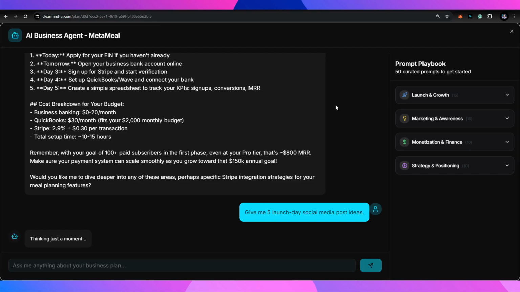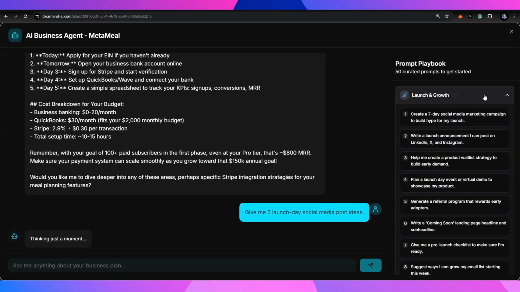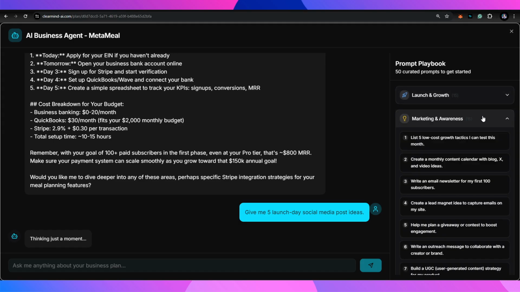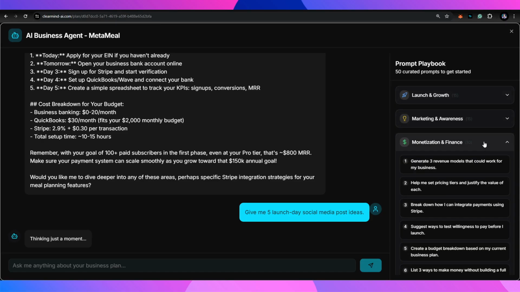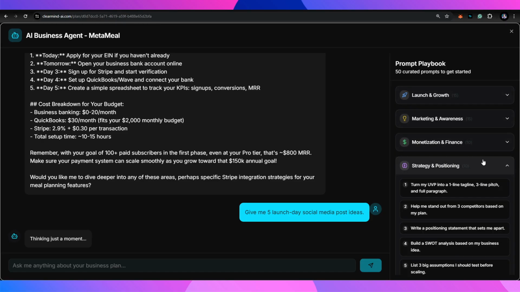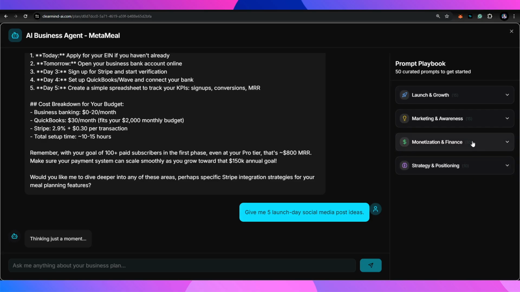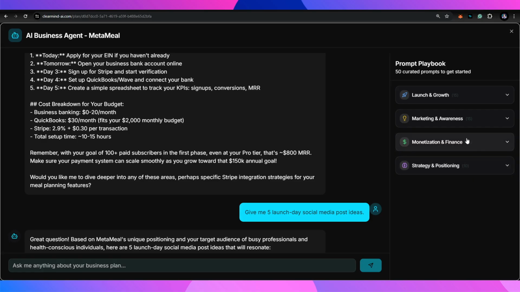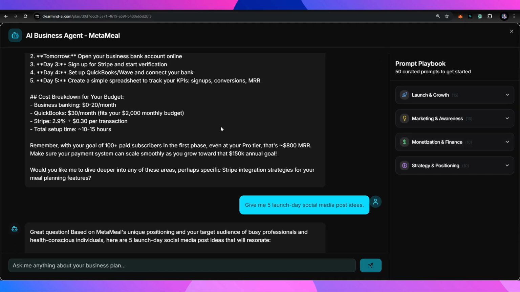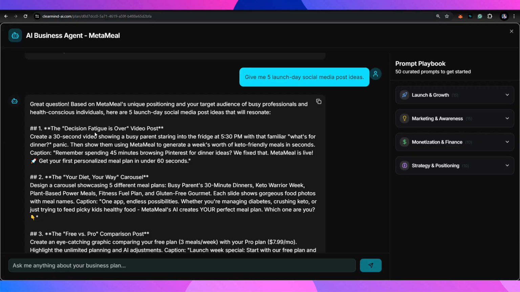And as that's loading, all 50 prompts are also here on the right-hand side to enhance your user experience and for you to keep accelerating and enhancing your product as you move forward. So a lot of value that we're adding with our AI tools. Based off our product, the first day is to have a video post, create a 30-second video showing the business.